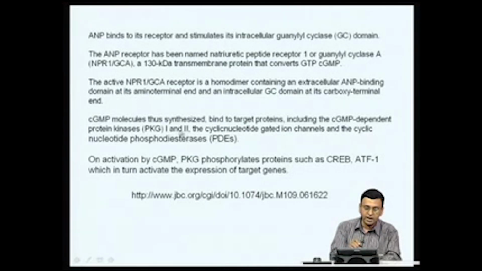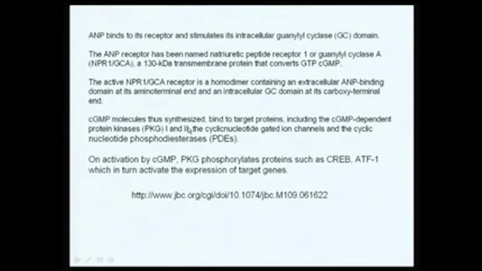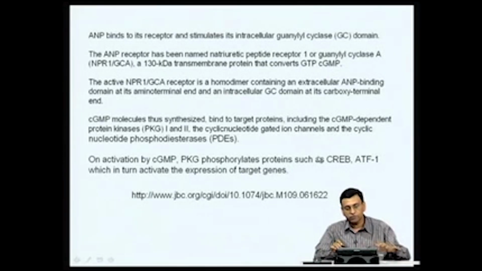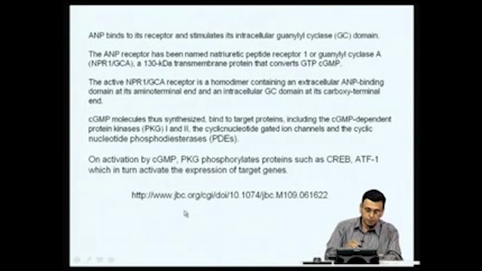There are two different kinds of kinases called PKG1 and PKG2, and the cyclic GMP also targets gated ion channels and phosphodiesterases and so on and so forth. So, the cyclic GMP has a number of targets including the kinases, the gated ion channels as well as nucleotide diphosphatase, which actually cleaves the cyclic GMP back to the inactive form. So, on activation by cyclic GMP, PKG phosphorylates proteins such as CREB and ATF1, which in turn activates expression of various